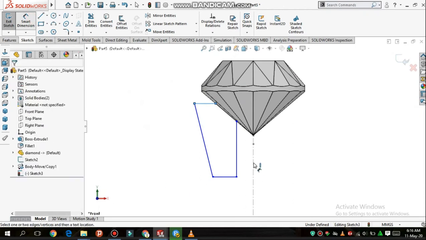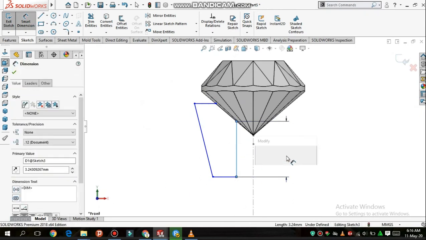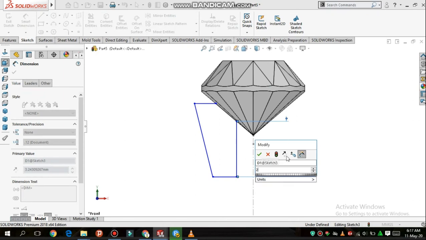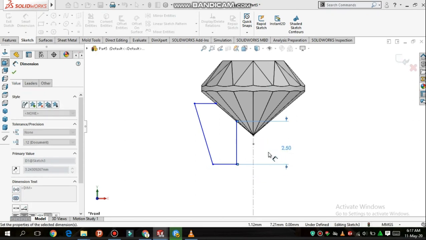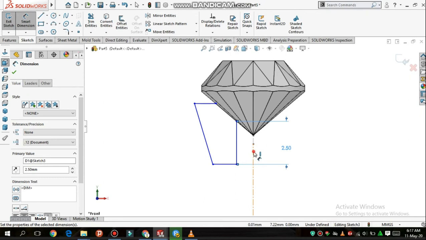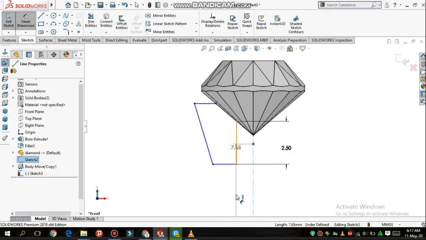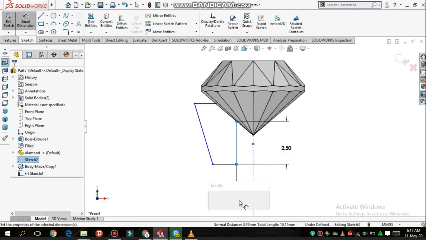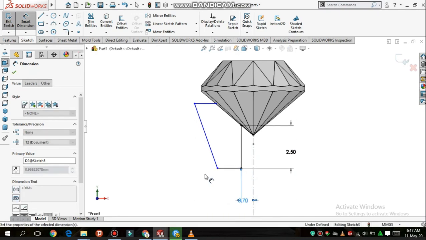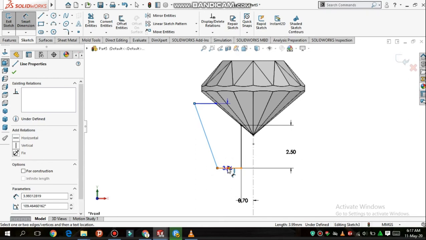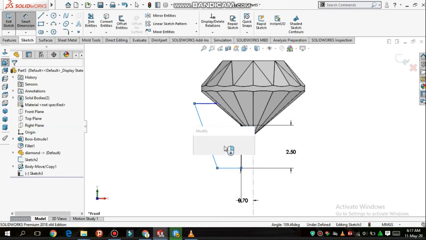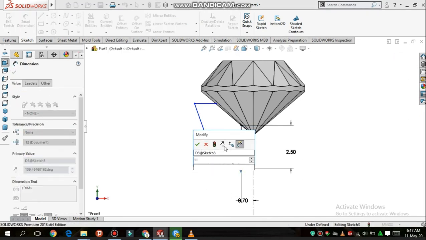Now go to the smart dimension and adjust this line up to 2.5 mm, and the distance from this center line to this line is up to 0.7. Now the angle between this line and this line is up to 110.